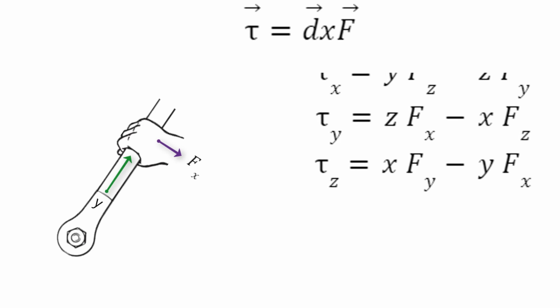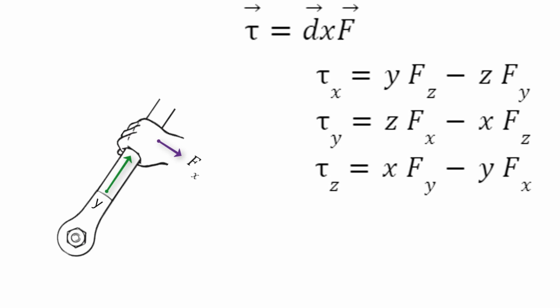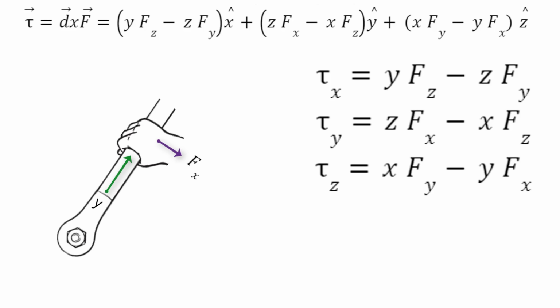Since the force and the distance could have components in the x, y, and z directions, you have to determine all the possible twists. You end up with 3 equations, one for each direction, or a single, very long equation. Now, figuring out all the directions to twist can be very difficult, or at least I find it very difficult.